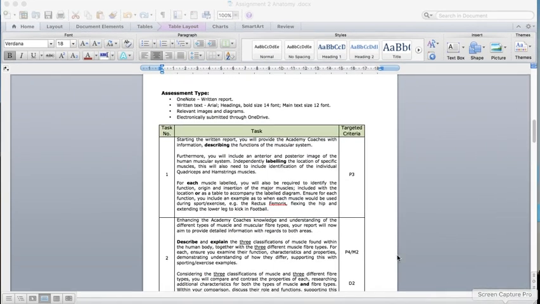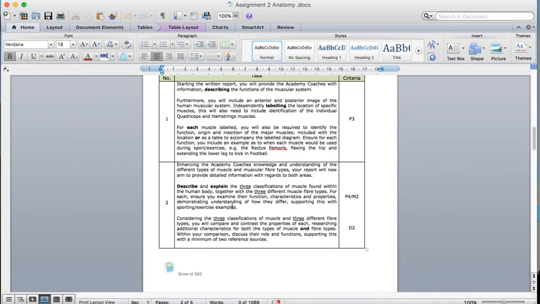If we go back to the assignment brief, it then talks us through the next stage. It says, can we describe and explain 3 classifications of muscles found within the body, together with the 3 different fiber types? In terms of describing them, yes, we tell you what the key characteristics of each muscle are, but then actually how they function